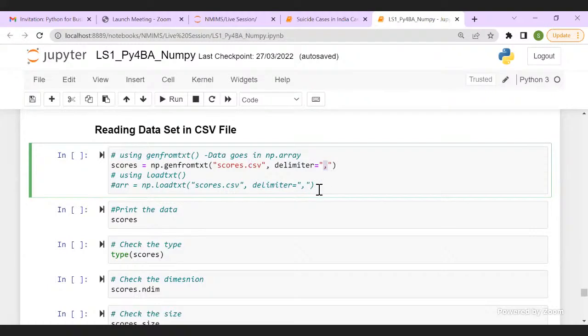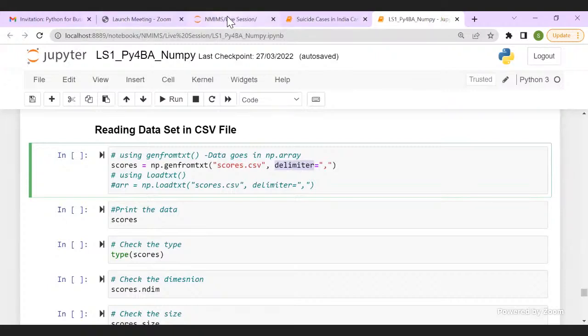But yes, there might be a lot of cases where your delimiter could be a space, a colon, or, in case your file is simply txt and not CSV, a slash, a hashtag, or any other symbol. So you specify how your data values are separated.